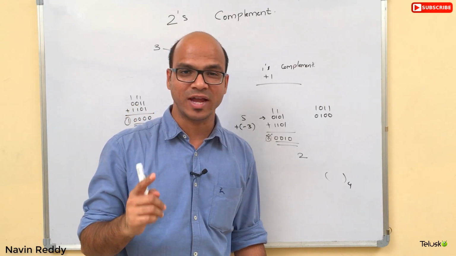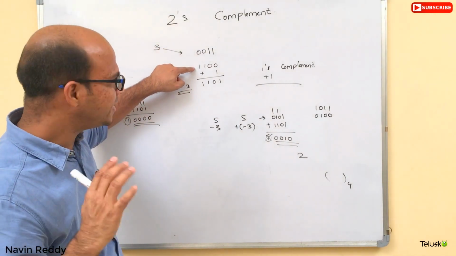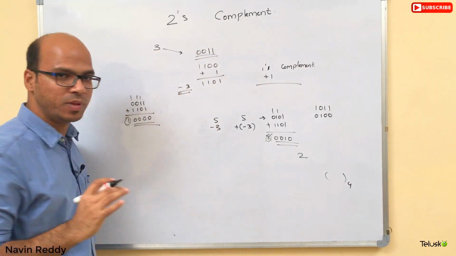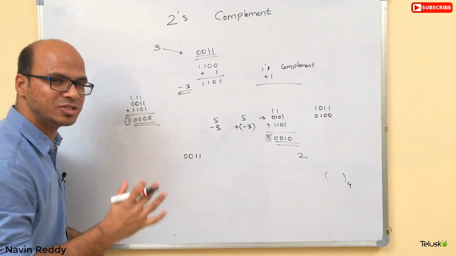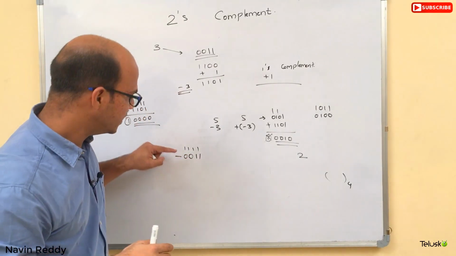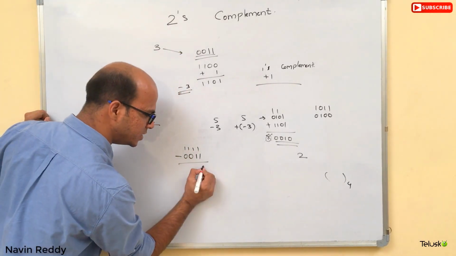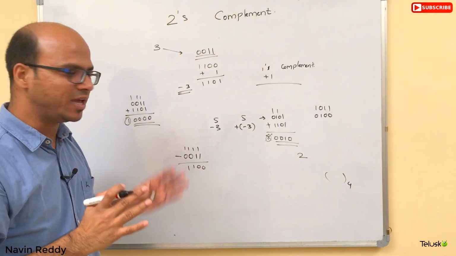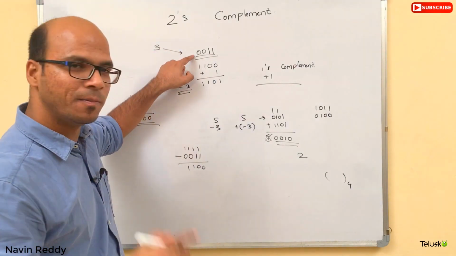But then the question arises, how do you find 3's complement? So in 1's complement, what we did is we did the inverse part, right? But that's not the actual concept. The actual concept is, if you want to find the 1's complement of 0011, how do you find it? Just subtract this number from all 1's. When you say 1's complement, subtract your number by four 1's. What you get is 1100. Can you see that? So we are actually not inverting it, we are subtracting everything from 1. So if you want to find 1's complement, subtract your number from all 1's.